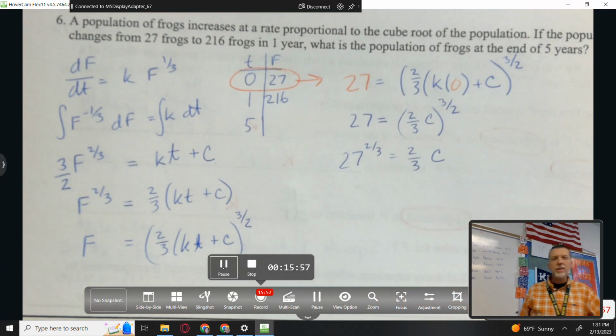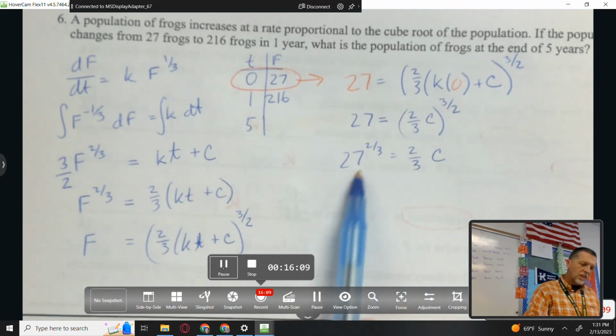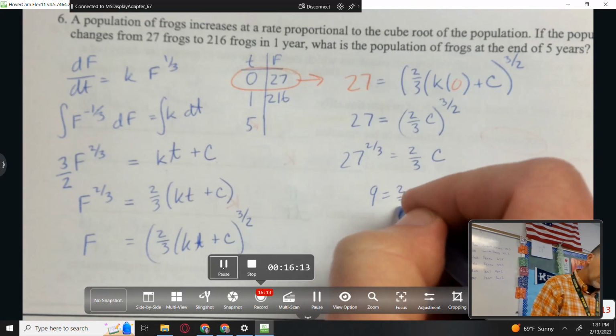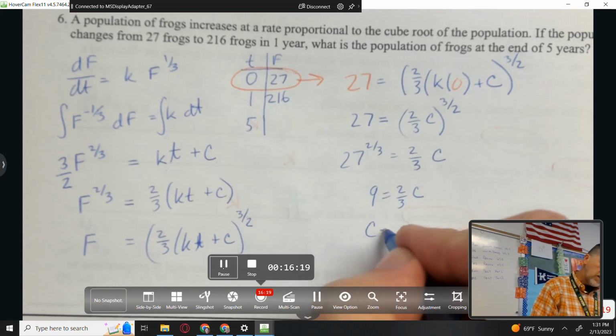We have to be careful about fractions and coefficients. 27 to the 2/3: power, root. So the cube root of 27 is 3. 3 squared is 9. And that means C is equal to